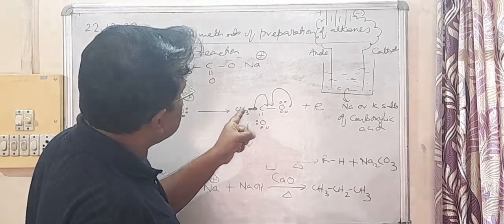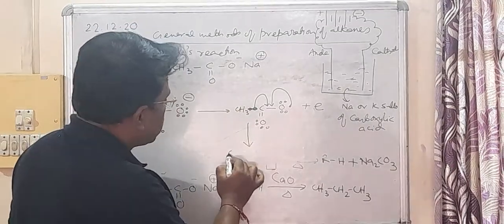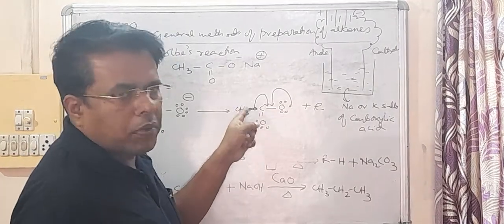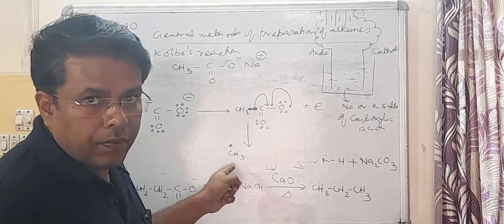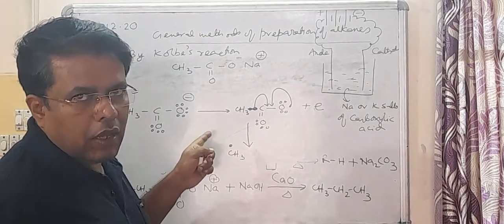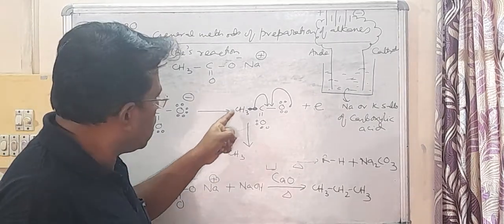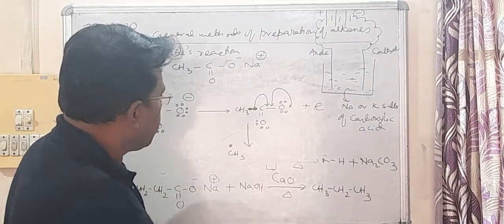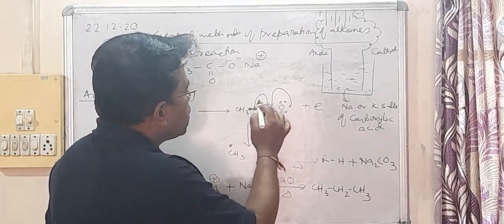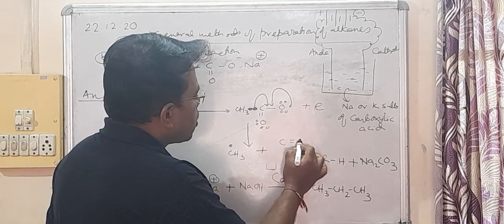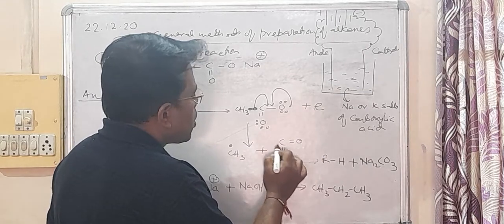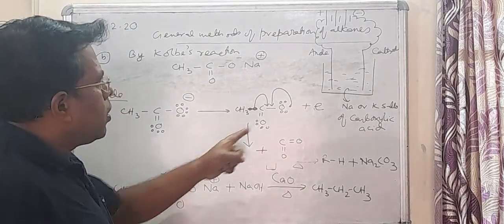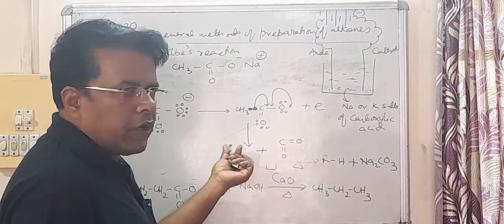So CH3 dot will be formed. This is a methyl free radical, one type of organic intermediate, I had discussed about free radicals. Methyl free radical will form, and this will be carbon dioxide. So at the anode many methyl free radicals will be formed,